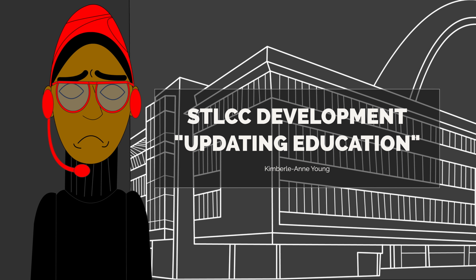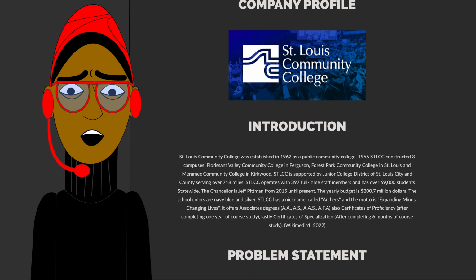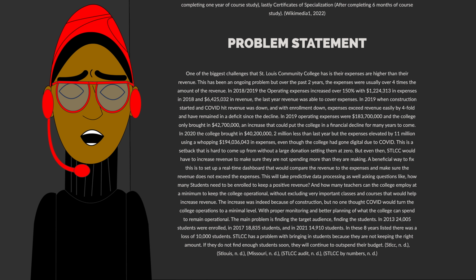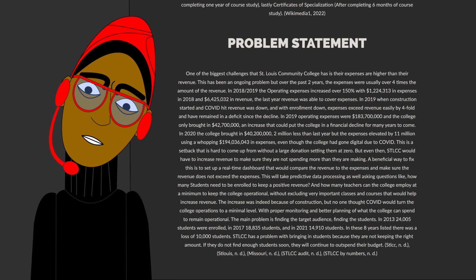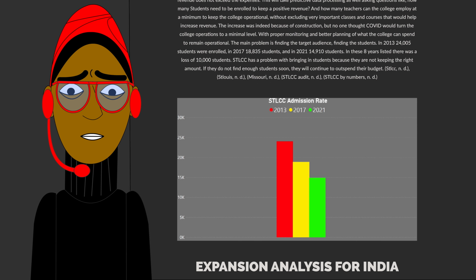This class, we were to develop a plan for STLCC. It's a mock plan of my capstone, and it's called Updating Education. The company is St. Louis Community College, and here I give some background information about St. Louis Community College being established in 1962 and the problem statement of them, their revenue being less than their gross profit. So this is their problem, and here you can see how the admissions rate has been dropping dramatically over